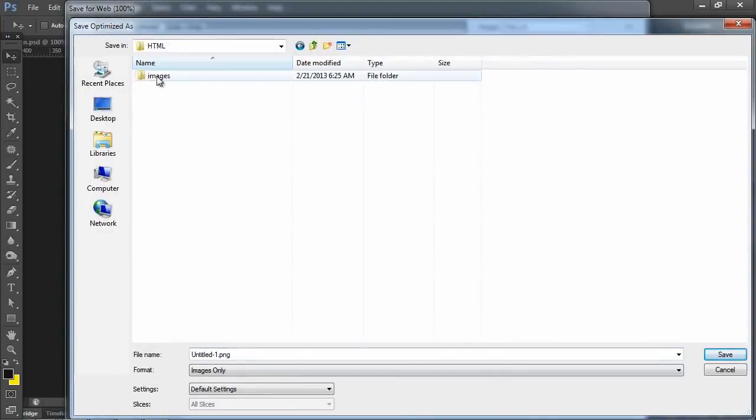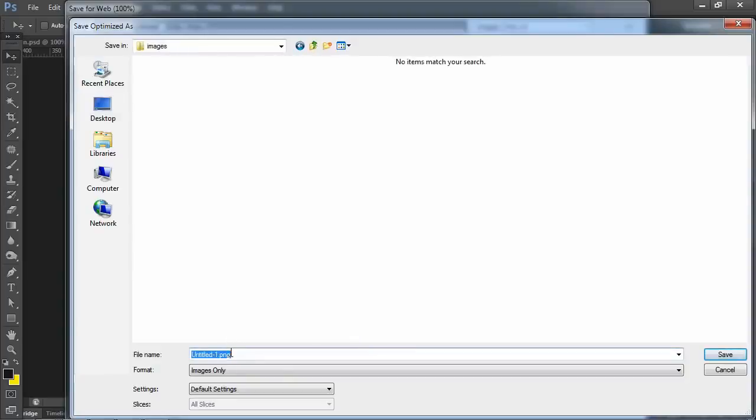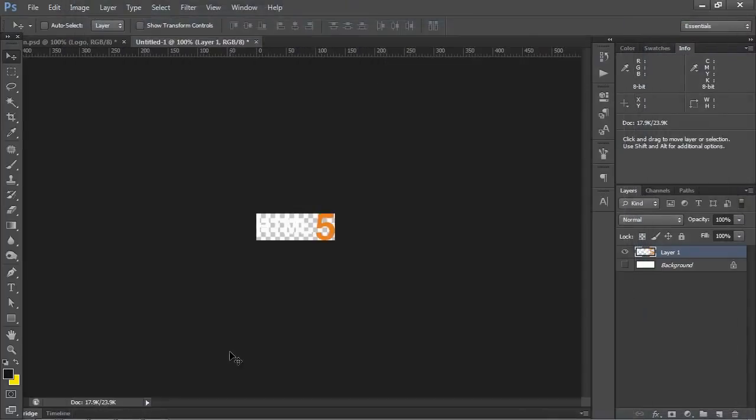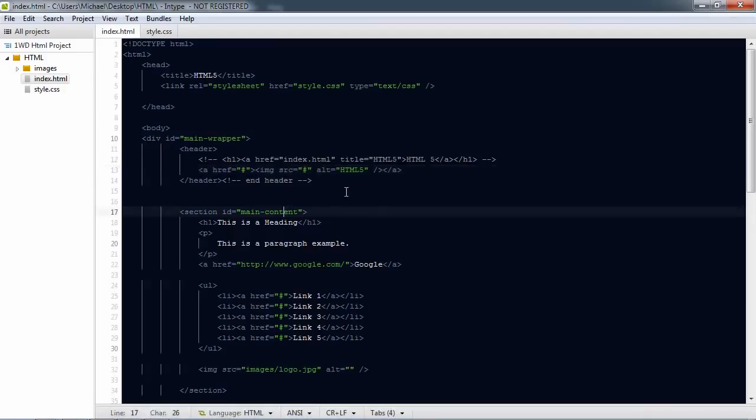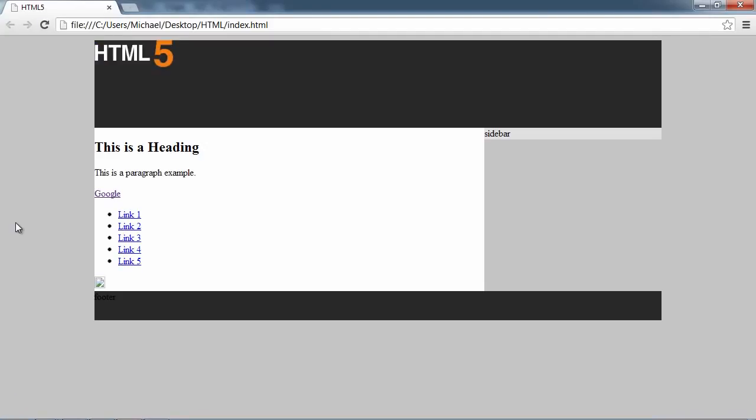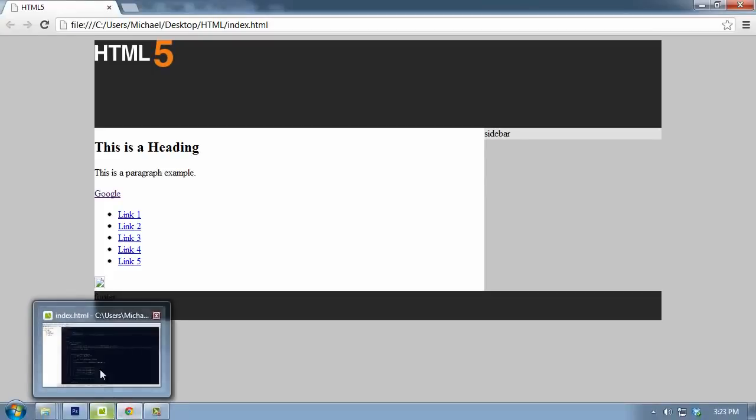Go ahead to our images directory and save it. Name it as logo.png. Go back right here, and for the source, change it to the images directory, then logo.png. Hit save. Go back to the web browser, preview it, and now we have the logo, but it is not positioned right, so just bear with me and we will take care of it when we proceed to styling